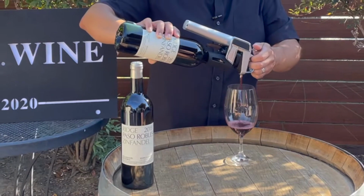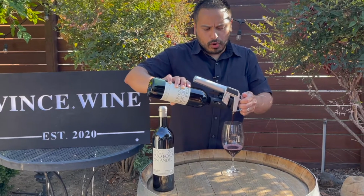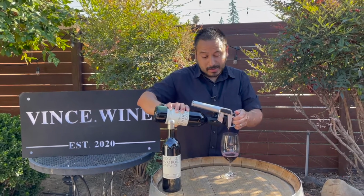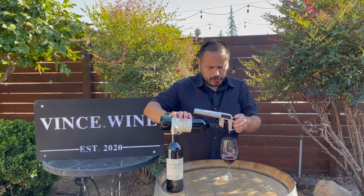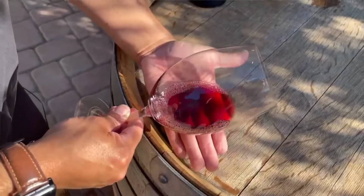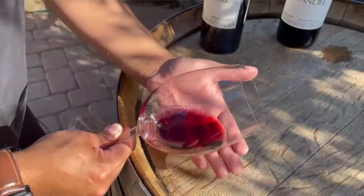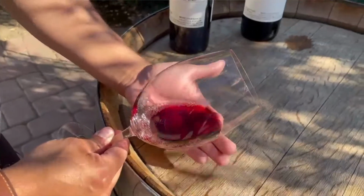Oh yeah, look at that lighter coloration already. You can tell it's got a little bit more of a rusty color in there, but that's just as I'm pouring it. So let's actually get a closer look. Okay, so for 2012, this does have pretty similar coloration to the last. The concentration is a little lighter. I can see my hand a bit more clearly, and there's not too much as far as rim variation,